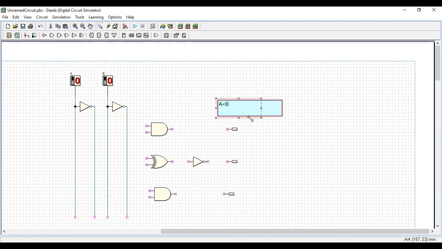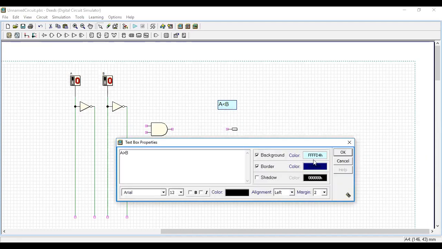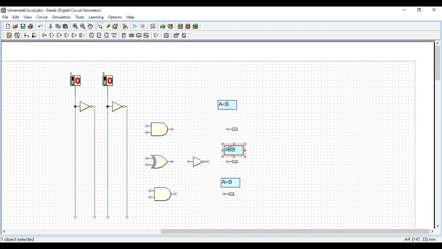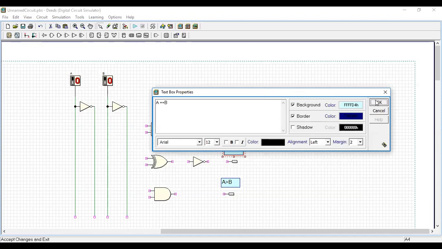For simple understanding, I'll put some text boxes so that the outputs will be more readable.